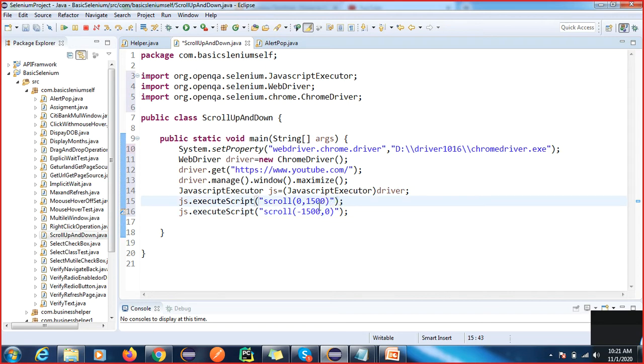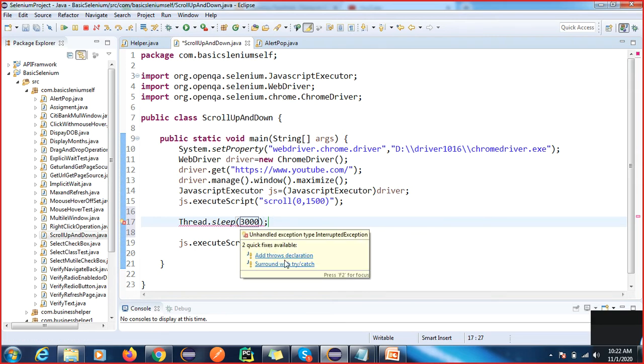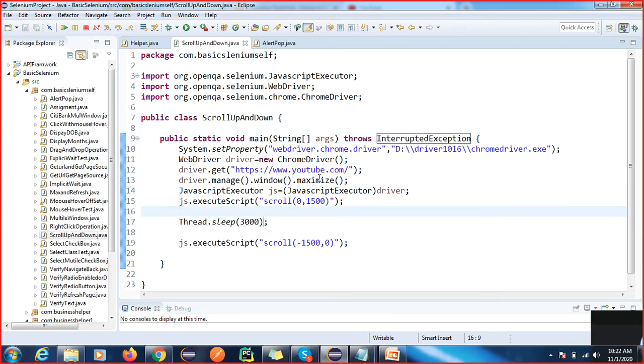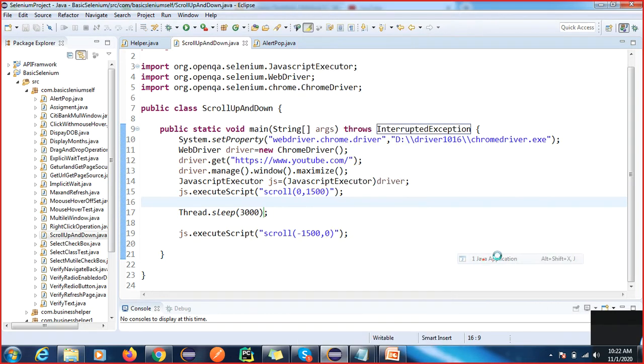Okay, so what I can do is put in some wait statements here. We will wait for some time, then it will go up. For your understanding, I'm giving 3 seconds. We will wait for 3 seconds, then it will perform the operation, right? So this is the thing we have to do. Now I am going to execute this code, then we can create a function in the helper class.